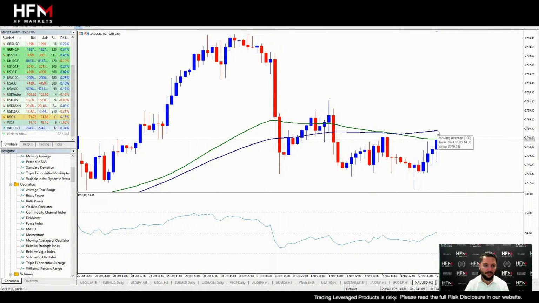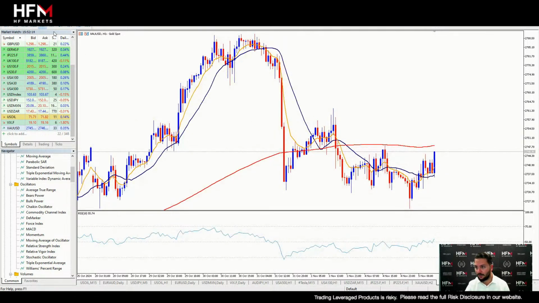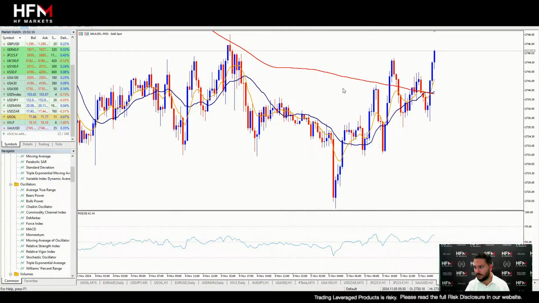If we do go above that, then we do have signals that buyers are starting to regain control of the market. Let's go to a 15-minute time frame here. Here we can see quite strong momentum. Look at this, higher lows, higher highs as well. So really getting a nice upward price movement here. So potentially that's something people may wish to look at as an opportunity to speculate upward price movement.